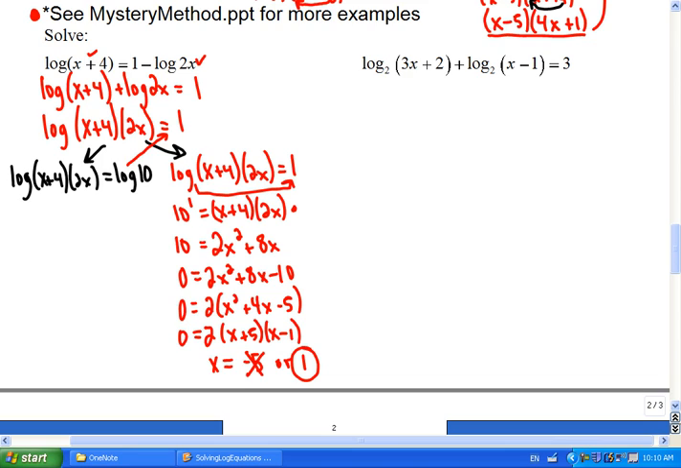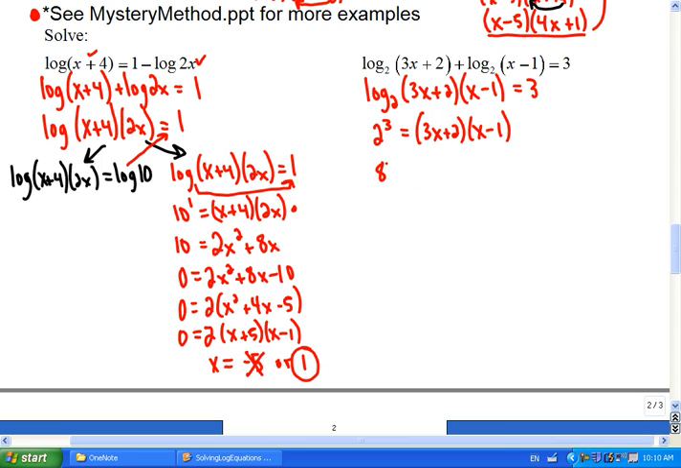Okay, for the next example, I'm going to do this in a similar way. But I'm going to start doing it, as I mentioned earlier, I prefer to just rewrite as an exponent. So I'd go 2 cubed equals 3x plus 2 times x minus 1. So 8 equals 3x squared minus 3x plus 2x minus 2. And if I collect my like terms,